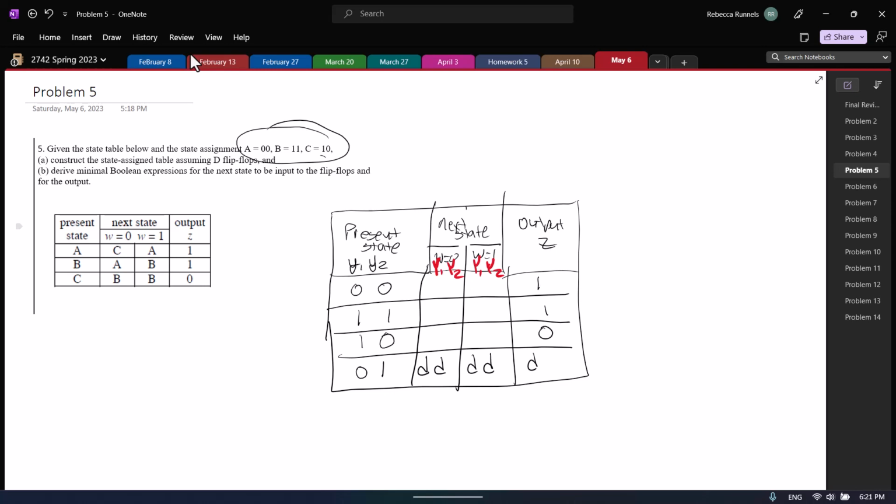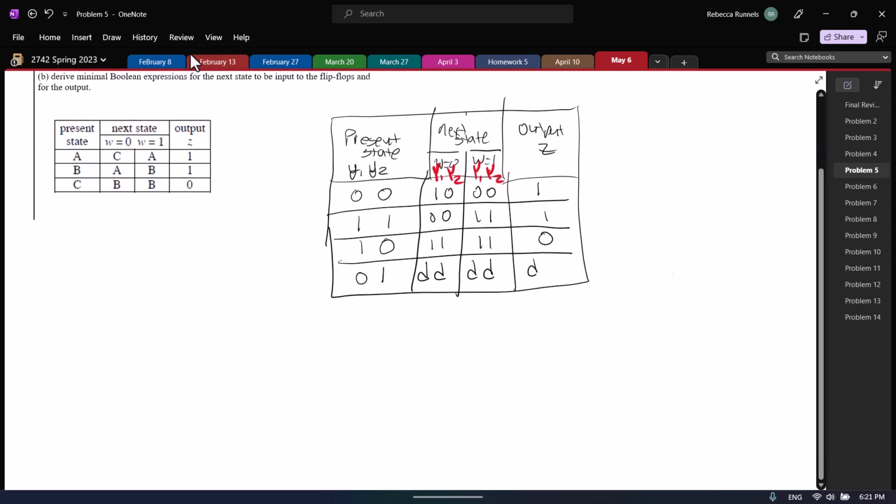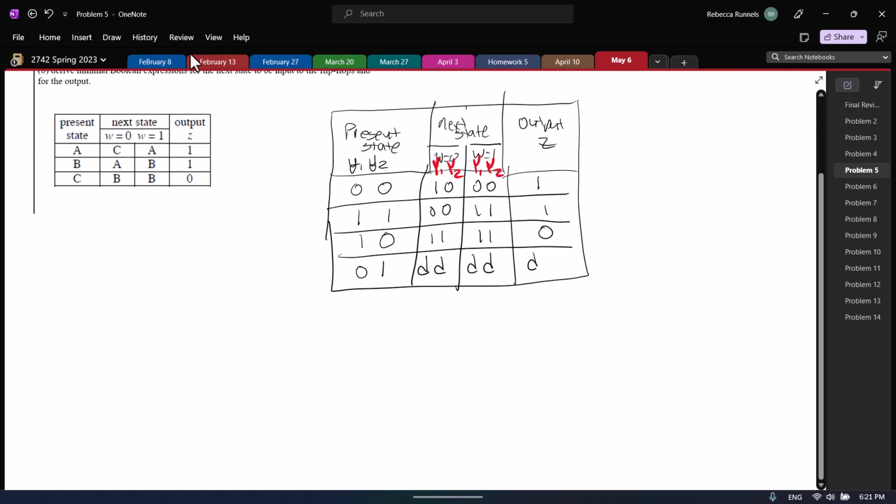All we're doing at this point is translating these letters to how we have defined them in terms of these 2-bit values. So C is 1, 0. So this is 1, 0. A is 0, 0. 0, 0. B is 1, 1. 1, 1, and 1, 1. Okay, so now